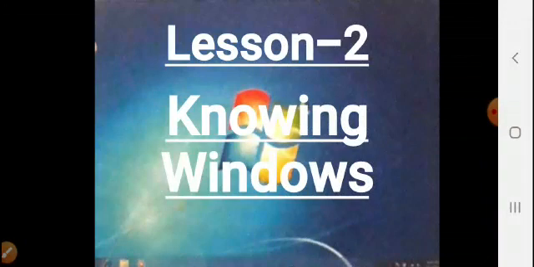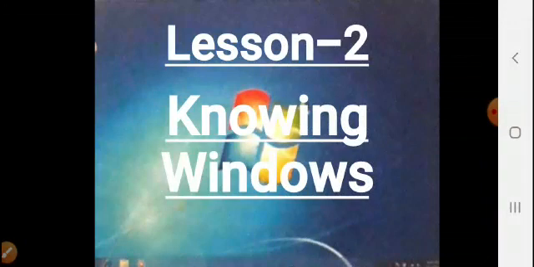Okay, so these versions include MS Windows 95, MS Windows 2000, MS Windows XP, MS Windows Vista, etc. Okay, the latest version is MS Windows 10. Then Windows 7 is a very popular operating system developed by Microsoft, and it's designed to be used in PCs for business and home purposes.